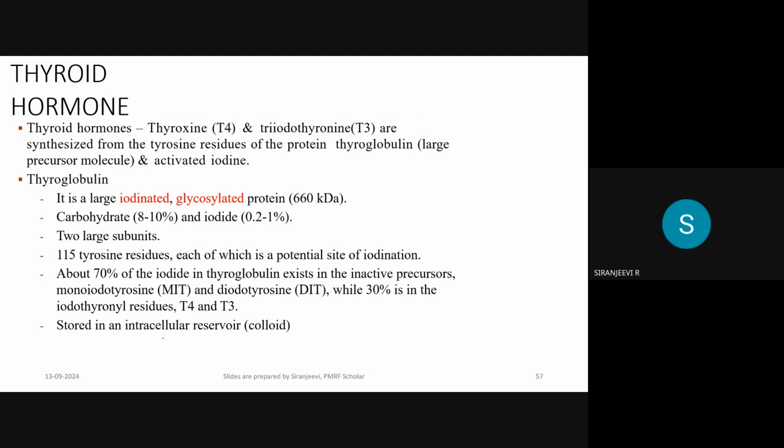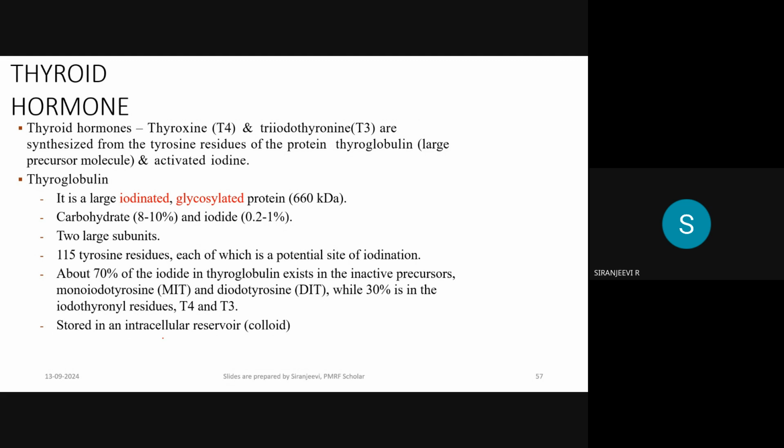This thyroglobulin is a largely iodinated and glycosylated protein of 660 kilodaltons. The carbohydrate content is 8 to 10%, whereas the iodide content is 0.2 to 1%. Two large subunits will be there. 115 tyrosine residues are there in the molecule, each of which is a potential site of iodination. In this thyroglobulin,